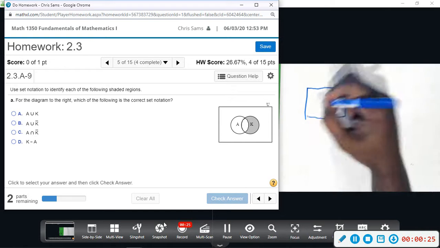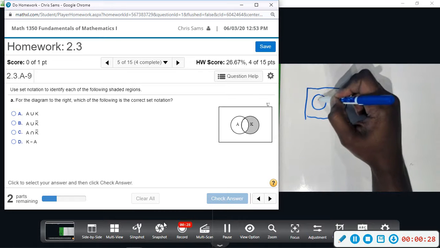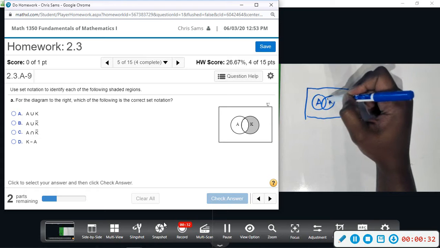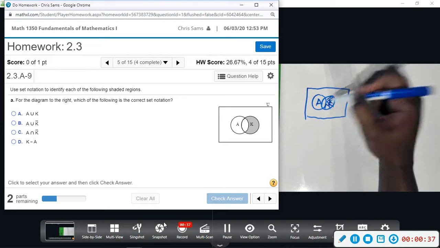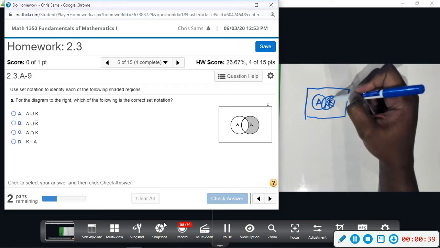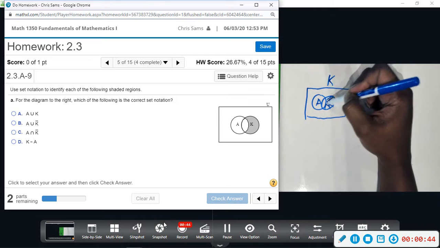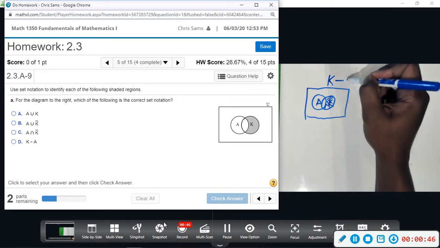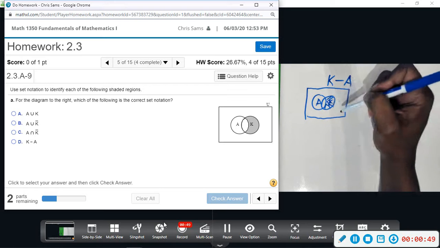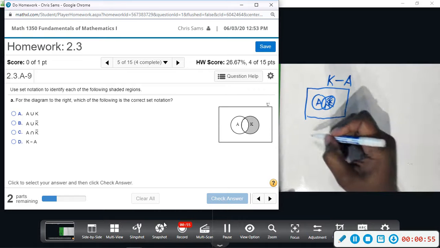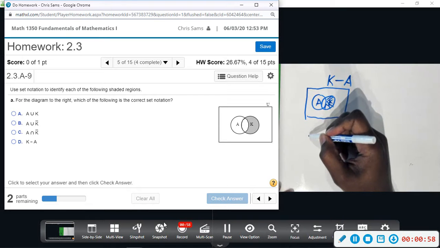In this picture, we have A, we have K, they overlap. But we're only shading the part of K that does not overlap with A. So basically we have taken the whole set K, and taken away the part that is in A, just this part right here, to leave me with this K. So that's the notation. Another way, more advanced, to represent that would be